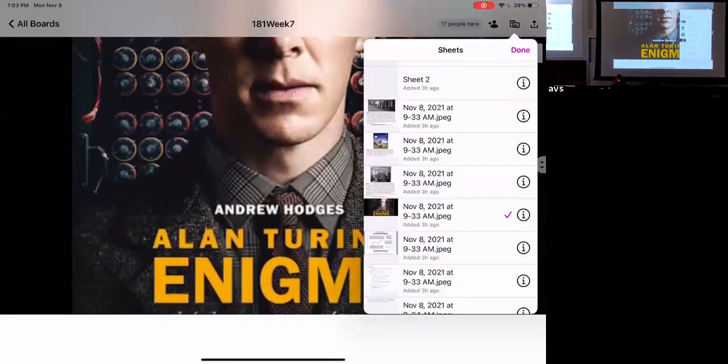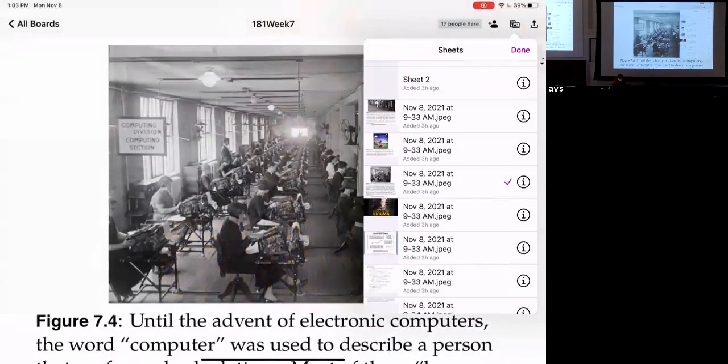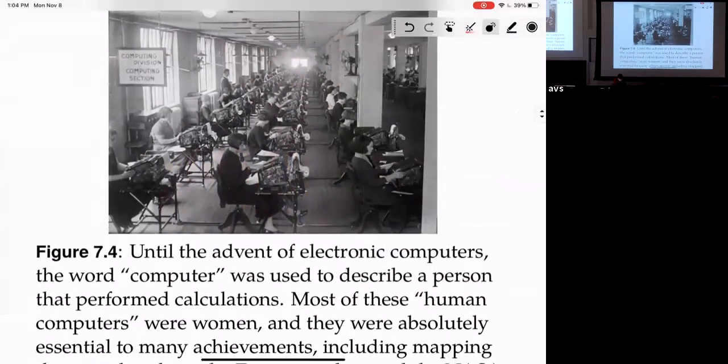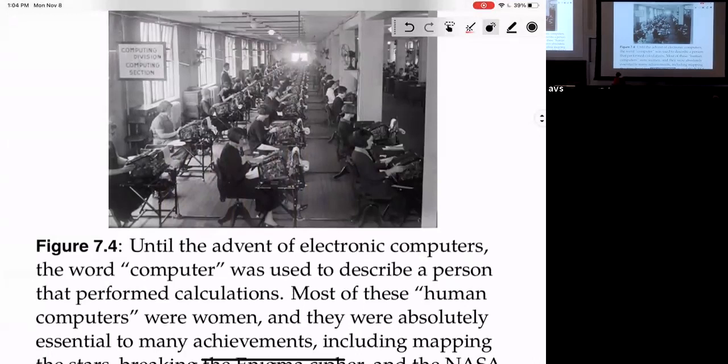And another really interesting thing is that the script analysis, where Turing did a lot of work, also had some interesting history, because the word computer came about in this setting where people used to perform calculations, right?